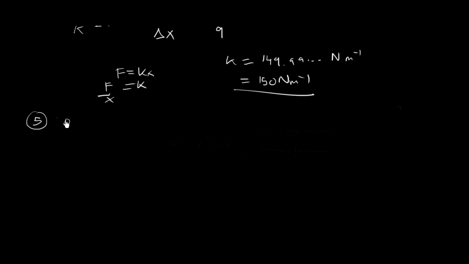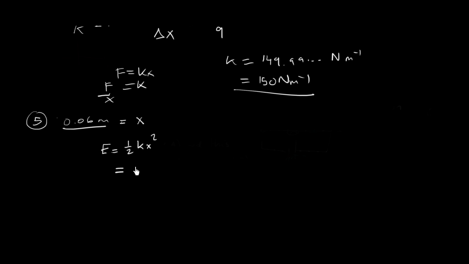So the stretching is 0.06 meters. That is going to be a delta x, right? Or here we've been using x, so let's continue to use x, but it's a change in length that we're looking at really. Let's say then that the extension x is 0.06 meters, and the formula for the stored energy, which you should know, is 1/2 k times the extension squared. Sometimes you see the delta x squared. So x we know, k we just calculated, so assuming that we're on the same question still,